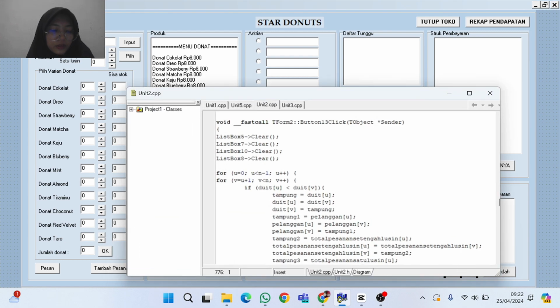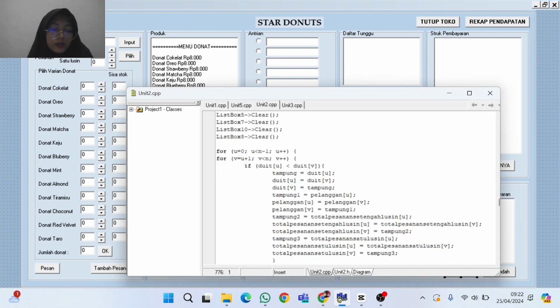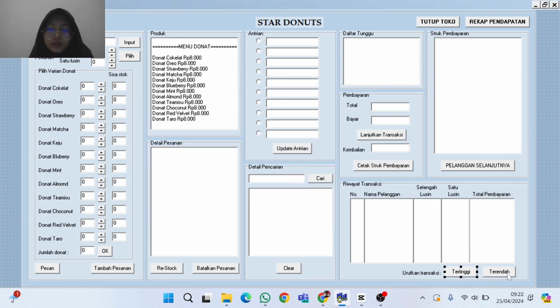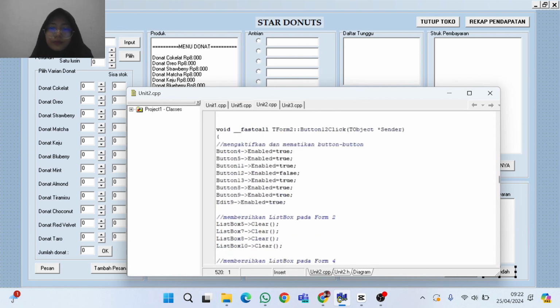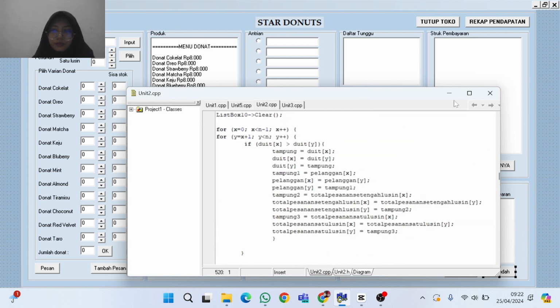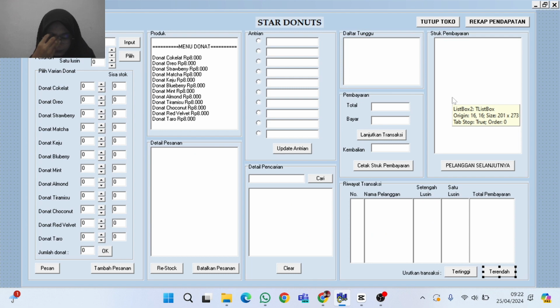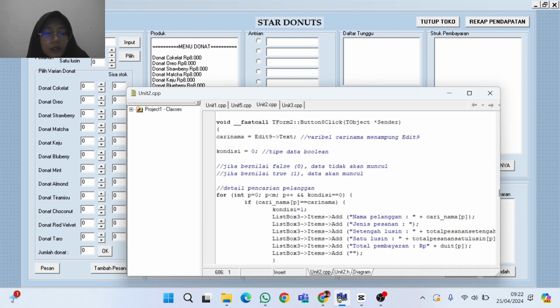The highest button is to sort customer data based on total payment. I used the bubble sort method, as well as the lowest button. Next, here there is a search button to display the customer the cashier is looking for.